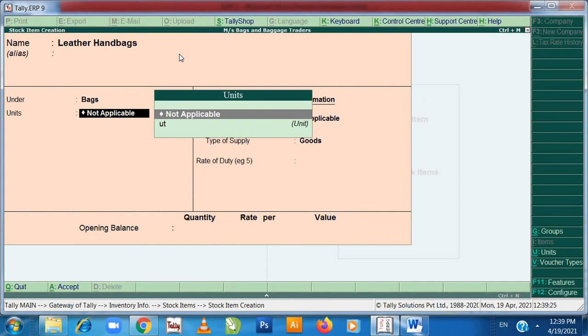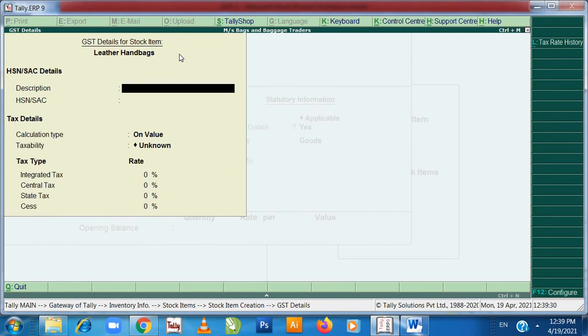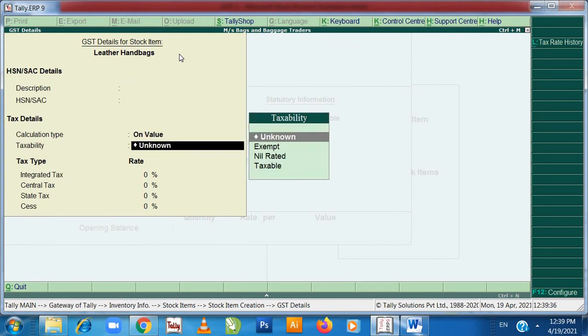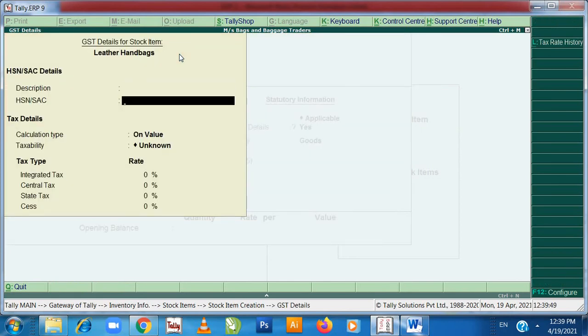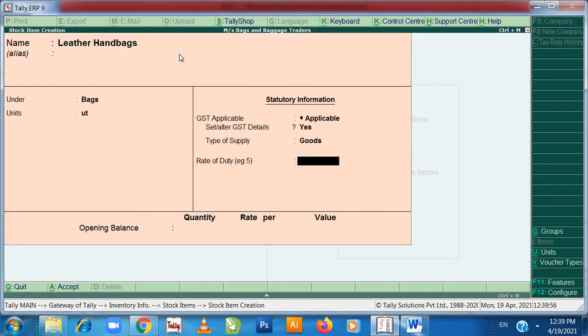Here under bags, units is UT, GST is applicable, set alter yes, enter. This is goods, press, and here we need to set 28% GST.